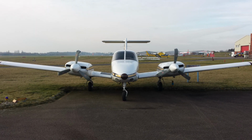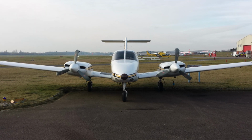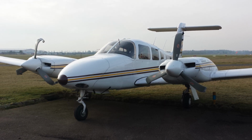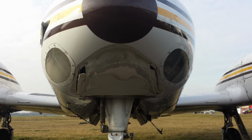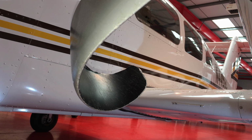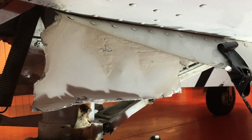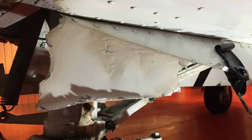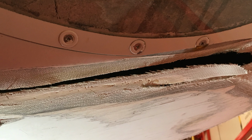Dateline, Coventry, England, 2017. Somebody lands a 1982 Turbo Seminole so hard that the nose gear collapses and both props hit the runway. It's a case of insta-junk. The plane's value is in the tank. It's a salvage case. Meanwhile, thousands of miles away in Chicago, Dave Coleman sees the airplane on the internet and